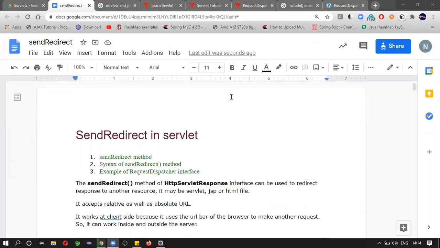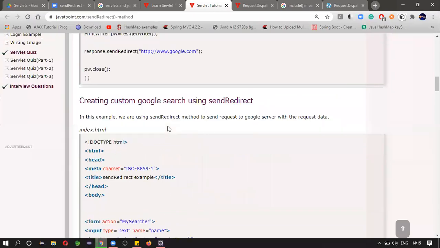In today's class, we will see another method, send redirect. In the request dispatcher servlet, we'll have two methods. First one is forward, and second one is send redirect.